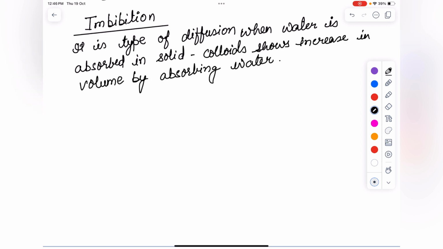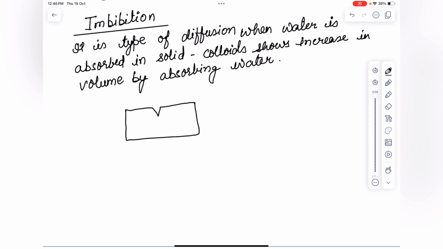So what is the example of this imbibition? The seeds, they absorb water by imbibition. Dry wood: the pressure that is produced by the swelling of wood was used by prehistoric man to split rocks and boulders. हिस्टोरिक टाइम में क्या करते थे, रॉक को ब्रेक कर देते थे and they put wood in this, इसमें वुड को डाल के and they add water, so that they can break the rock, they can split the rock.